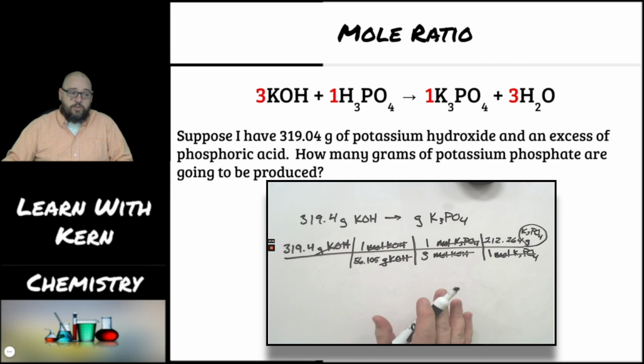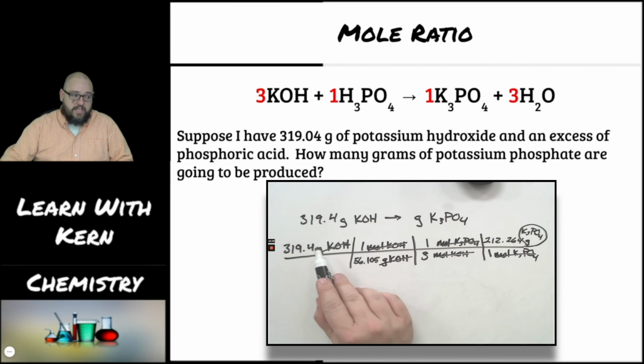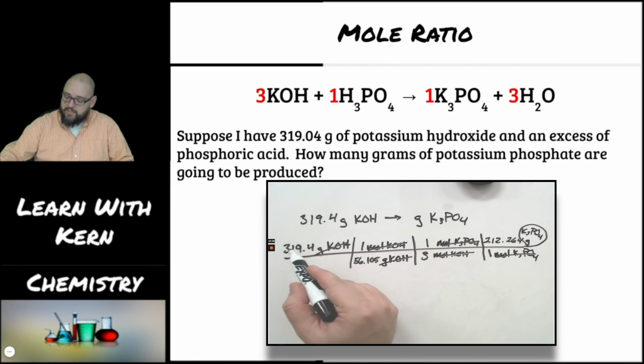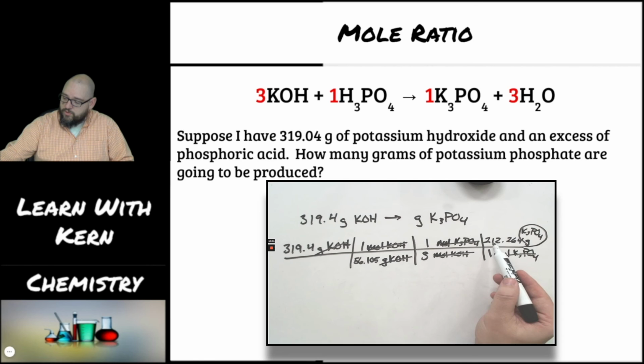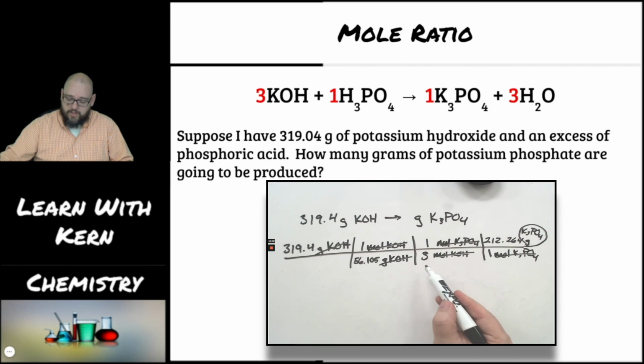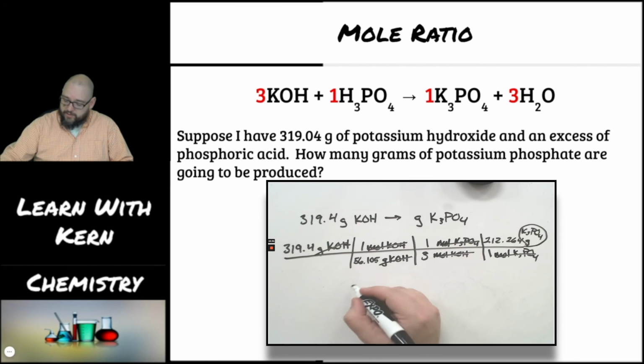So now I'm going to do my multiplication. And you'll notice I have 2 numbers on top and 2 numbers on bottom. So I'm going to multiply the numbers on top. So 319.4 times 212.26. And then I'm going to divide by the numbers on the bottom. Divided by 56.105 and divided by 3. And when I put all that in my calculator, I get an answer of